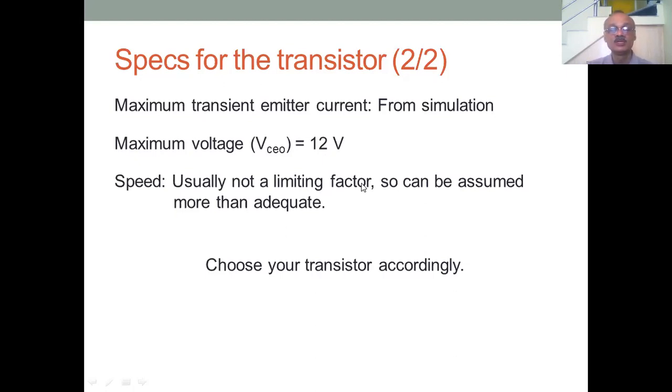Of course, that is all qualified, because the transistor carries a large current. Large current carrying transistors can be slow because of the size, because a larger current requires a larger size, and larger size implies larger capacitances. But for now, let's not worry. The transistor is going to be fast enough. If you are curious, you can look at the speed of the transistor in the data sheet. Okay.